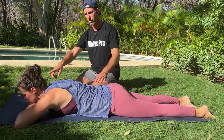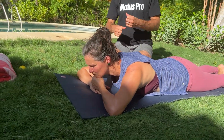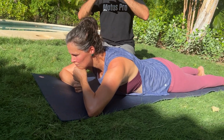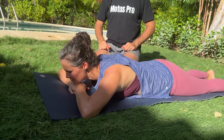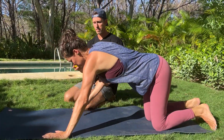Now the other thing you can do to add extension is you can put a hand into a fist or even 2 hands into a fist. But to start off with, we're just going to go flat on our hands. Okay, fantastic. Good. Now we're going to turn over onto our back and you use a lacrosse ball or a